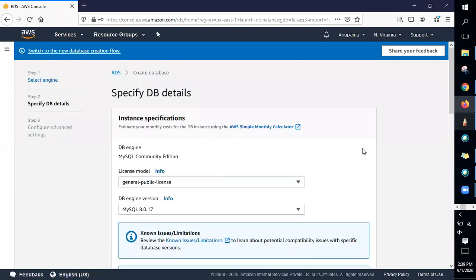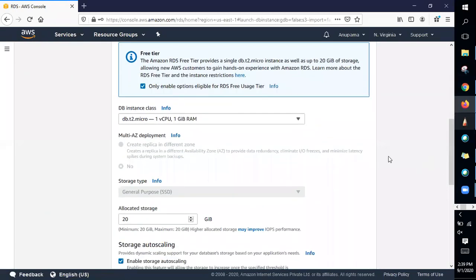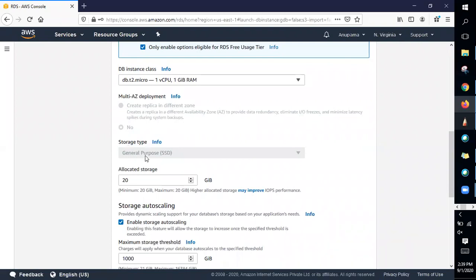If you observe here, the second step, which is supposed to be the use case, is gone because by default it has selected Dev/test environment for us under the Free Tier. Okay, and you have the same licensing and versioning model. And if you see here, this database instance class was stuck to only T2 Micro. You have only one now, which is T2 Micro under Free Tier. And the Multi-AZ deployment got disabled. So as I said, we don't have it under Free Tier. And the storage was stuck to the general purpose one.